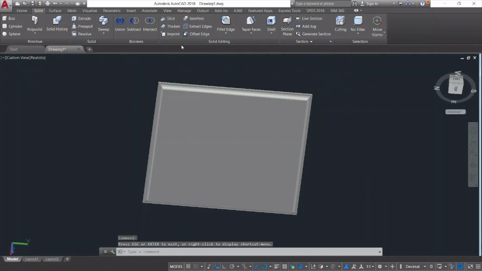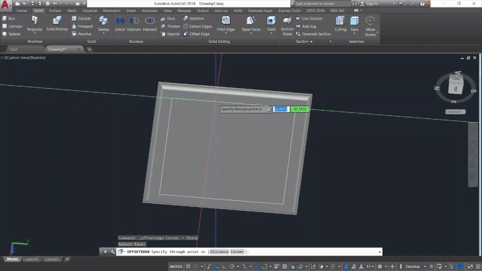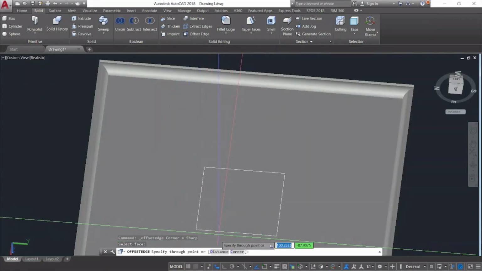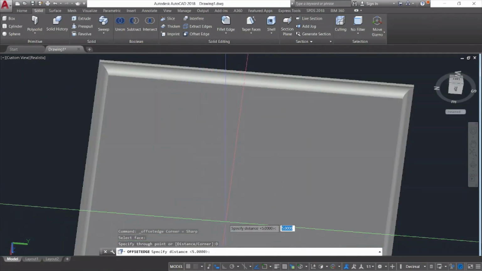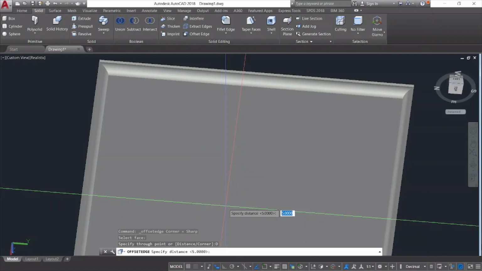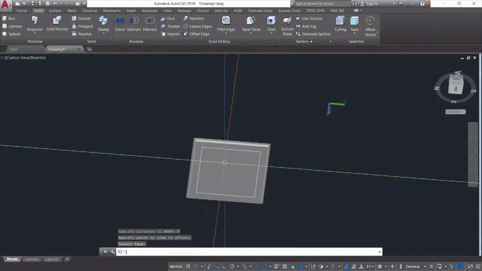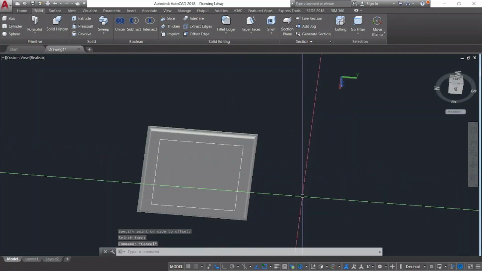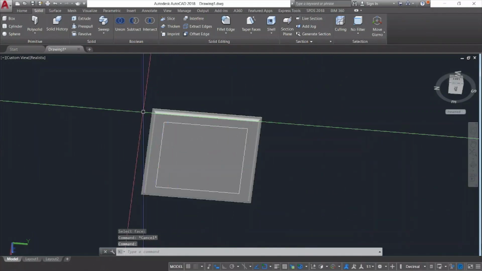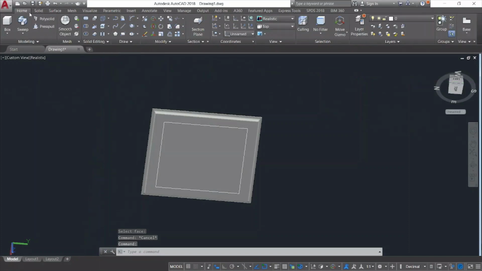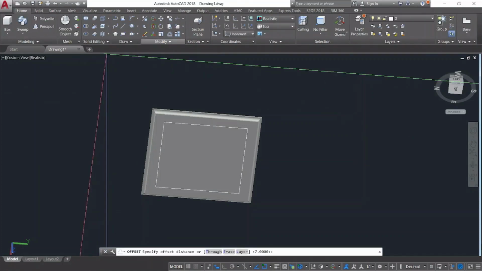Now go to solid, click the offset edge button. I want to draw, offset 5, distance 5, and double click to enter. Now I'm going to draw support wood below the table. You will see it. Now I can offset this